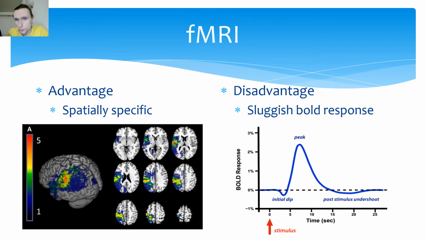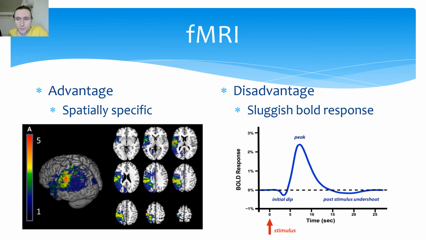However, this is a physiological response of the body that takes time. It takes between 6 to 10 seconds, and it's quite variable, which means you are limited in how specific you can be time-wise. There will always be at least a 6-second delay, but it could also be an 8-second delay, and you just simply don't know. Which means that your temporal precision is somewhere between 2 to 3 to 4 seconds at best,